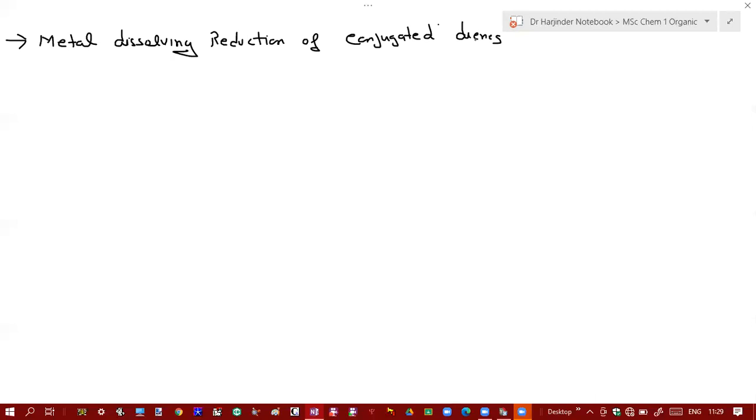Now next is, again, a metal dissolving reduction of conjugated dienes. Okay, suppose you have a conjugated diene. Conjugated dienes means two double bonds present at conjugated positions. They are separated by one